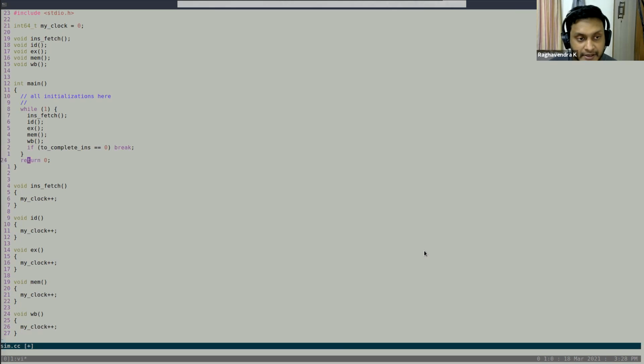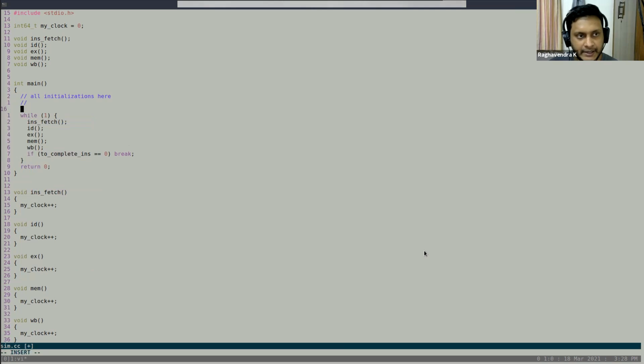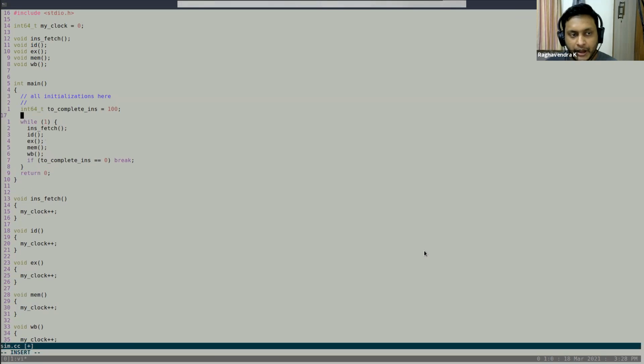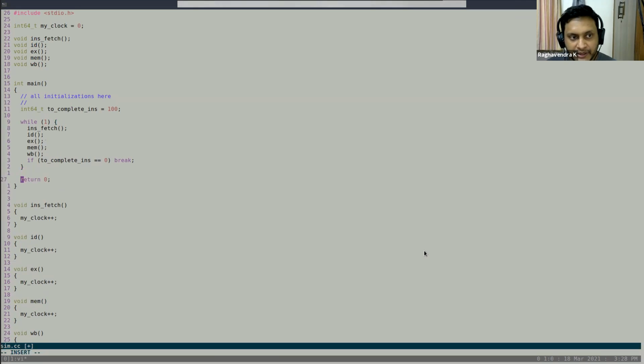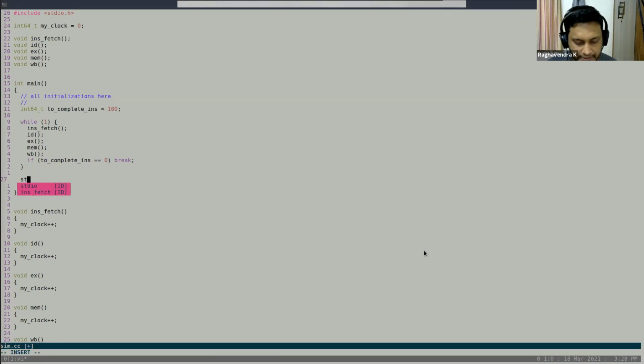What these guys are saying is that if I do this, this while loop is going on and on for every instruction. Let's say the instructions to complete was initially set to, let's say, 100. So let's say I want to execute 100 instructions. If I have this while loop, how many cycles will this take? Like what will be the output if I print here? Let's say I printed this.